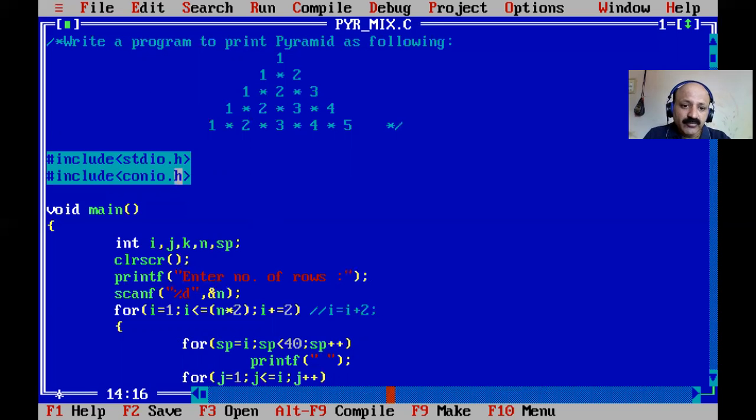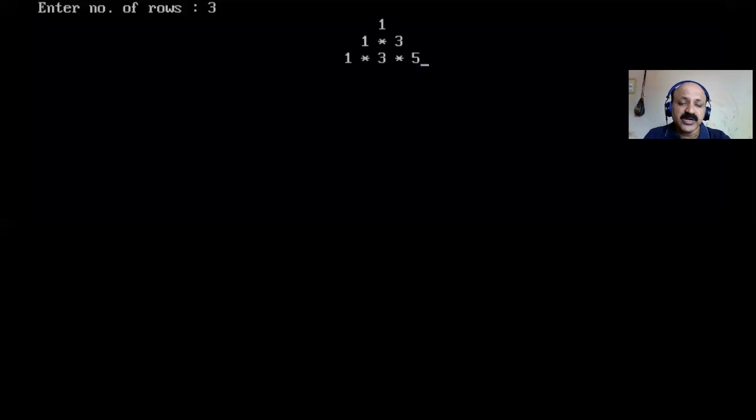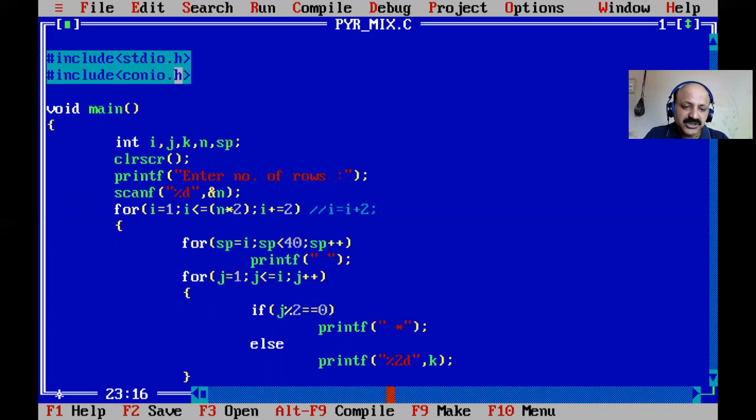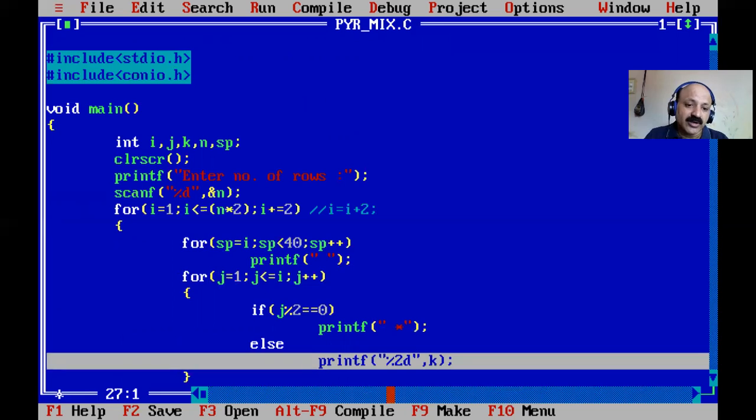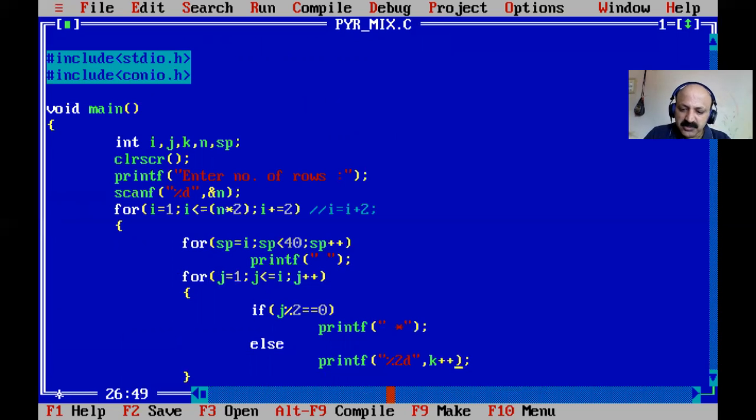So j is covering the perfect asterisk sign print. So we can take the j, that condition we do not change, just our numeric part is different from our requirement. So here I do k plus plus, and every time k is initialized to 1. In the for loop you have to know this advanced feature, k equal to 1. So every time j is initialized to 1 and k is initialized, and where we print, that time we have to use postfix increment. Then our required element is printed. So I think that is perfect.